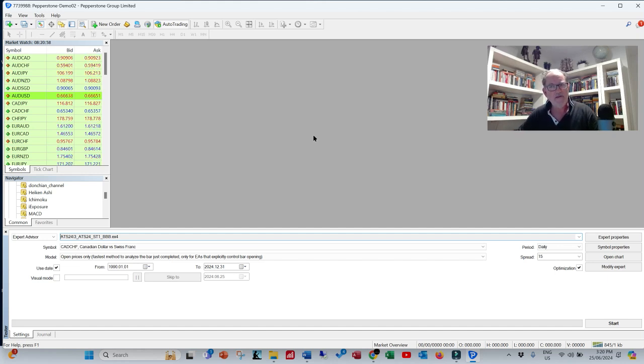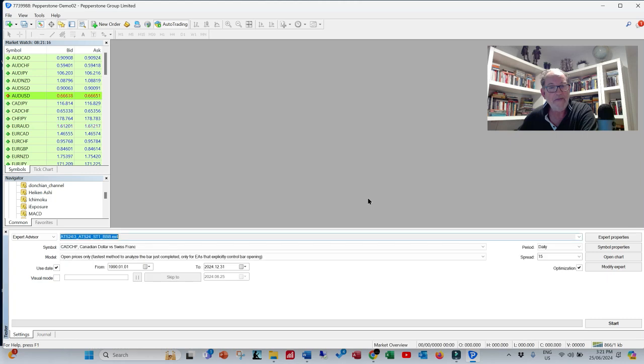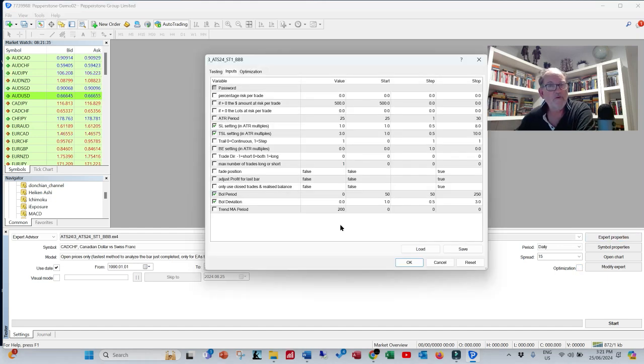So to actually commence this process, the first thing we need to do is set up the parameter values that we want to optimize over for each of these models. So let's step through each of the algorithms, and we'll start with the Bollinger Band Breakout algorithm. You click on this, and then we also tick off optimization here, and we go into expert properties. So once we've clicked on expert properties and we've now got the expert property listing come up, the first